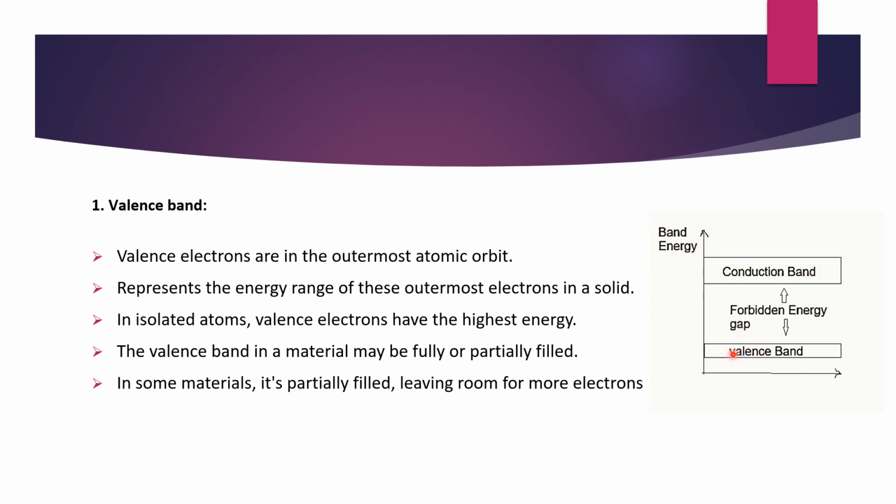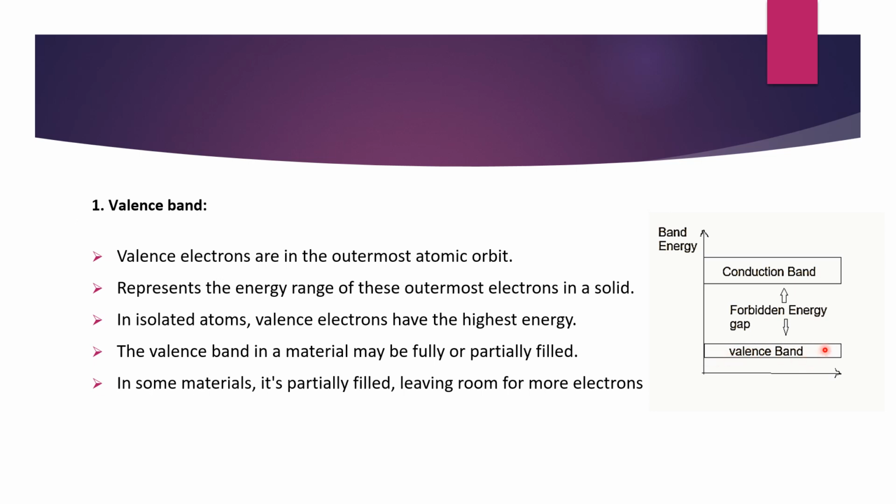A band is a range, here a range of energy. Range of energy of whom? Valence means valence electrons, right? And what are the valence electrons? Valence electrons are the outermost orbit electrons that we studied in the last video. So the outermost electrons in a solid having a range of energy is known as